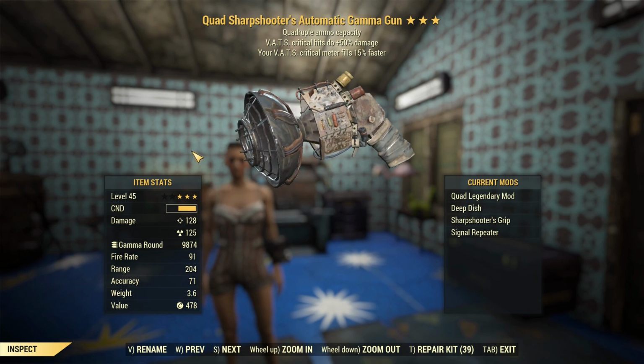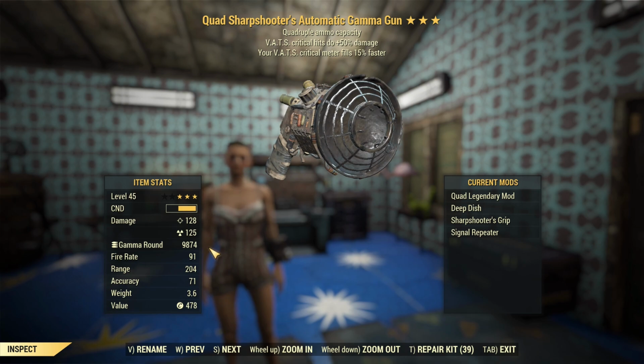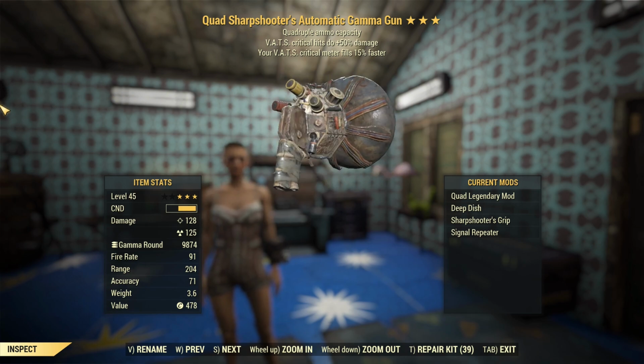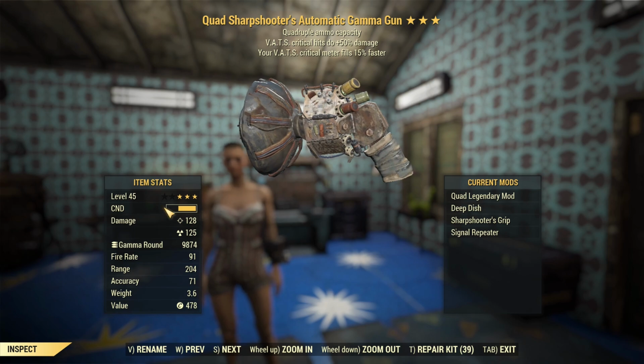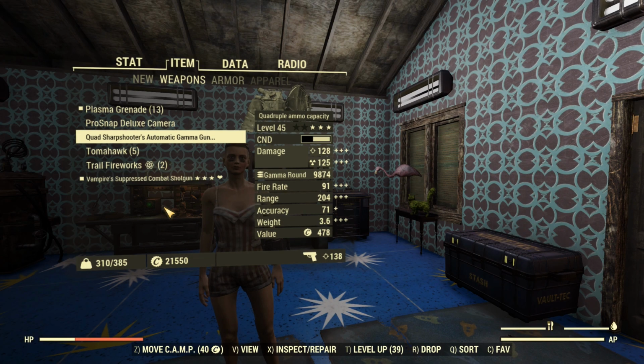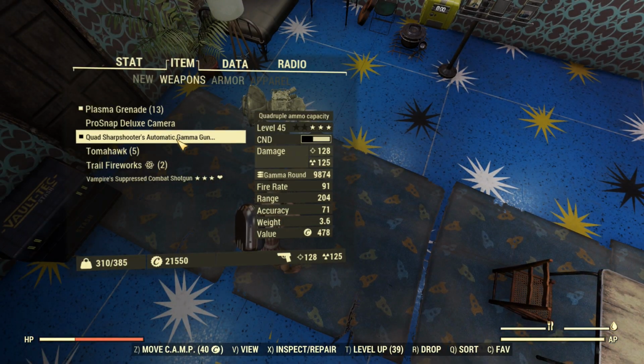And the fact that I've got the big dish on this, the deep dish, it just doesn't give me that good VATS efficiency, but it does increase my range, therefore my accuracy is better over range, and it carries damage slightly better at range, which means we can stand way back and shoot Earl with barely any, I guess, risk to ourselves, because if we get caught within that radius of the radiation,